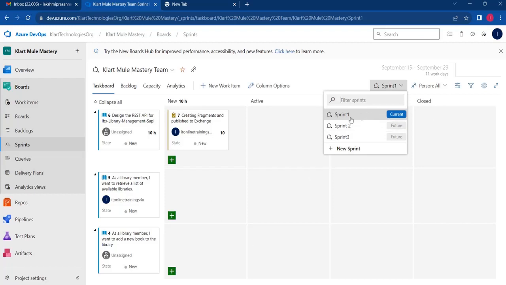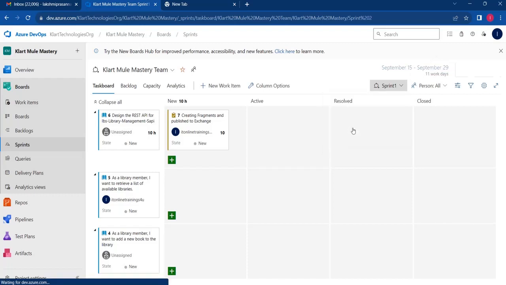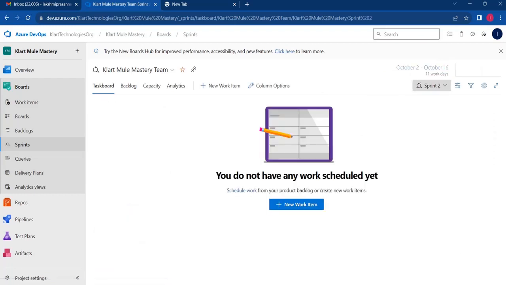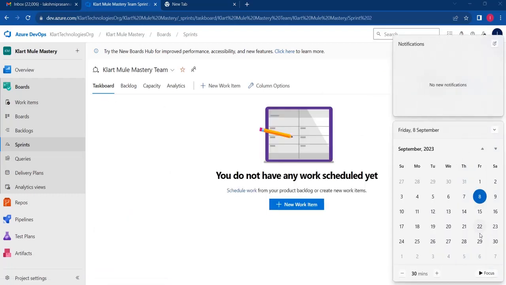Okay. So for sprint 1, I have created 4 user stories. One is the REST API, I mean the RAML which we have designed. I'll go through all these things and explain. First, let's see. I have created 3 sprints now, 15 to 29 is 1 sprint. Then the next day itself, we should create another sprint. After the 29th, the next working day is the 2nd. So from the 2nd to